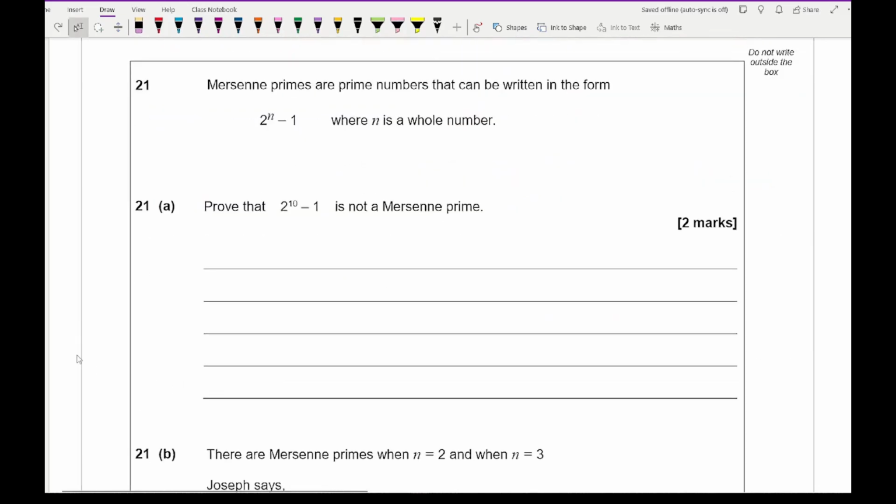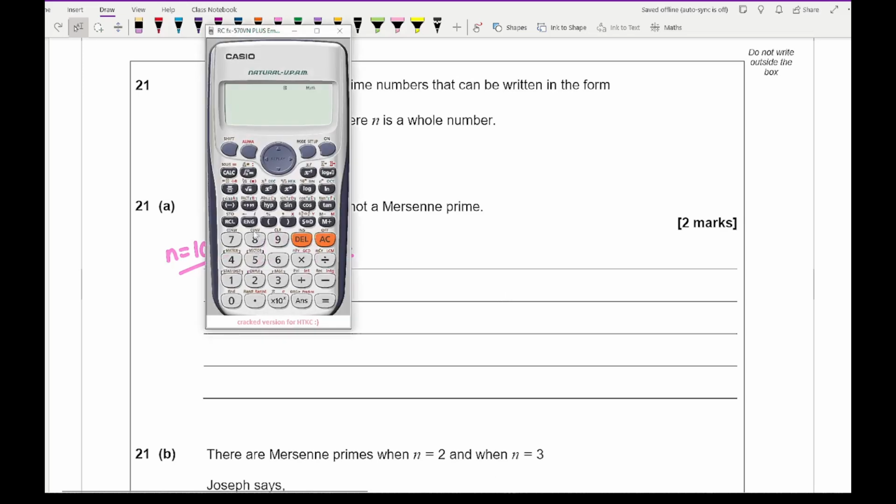Then moving on to question 21, it says Mersenne primes are prime numbers that can be written in the form of 2 to the power of n minus 1, where n is a whole number. And it says prove that 2 to the power of 10 minus 1 is not a Mersenne prime. So for this, what we need to do is substitute n equals 10. So here we've got 2 to the power of 10 minus 1 equals, now if I type that into my calculator, 2 to the power of 10 and then scroll across, minus 1 equals